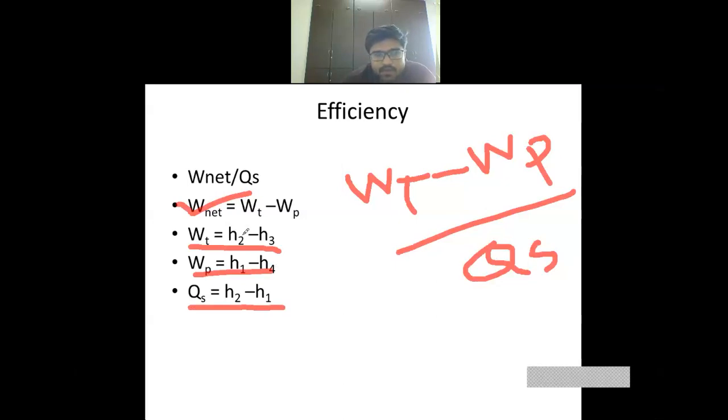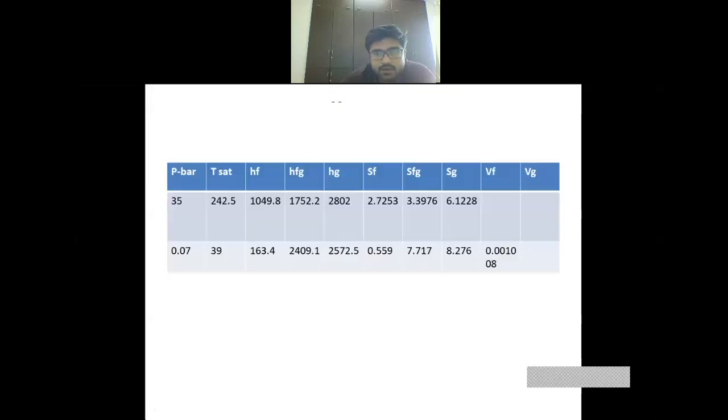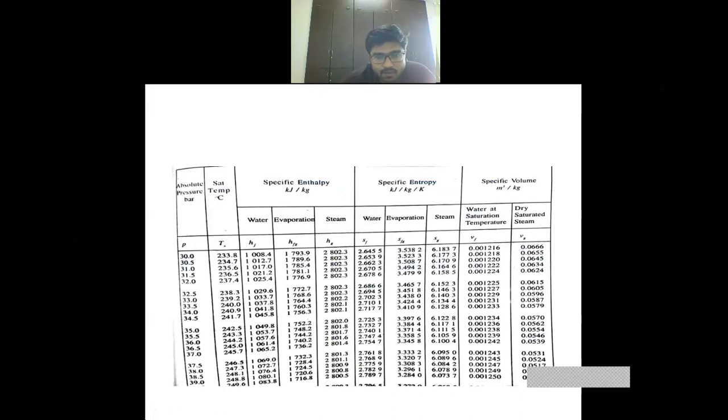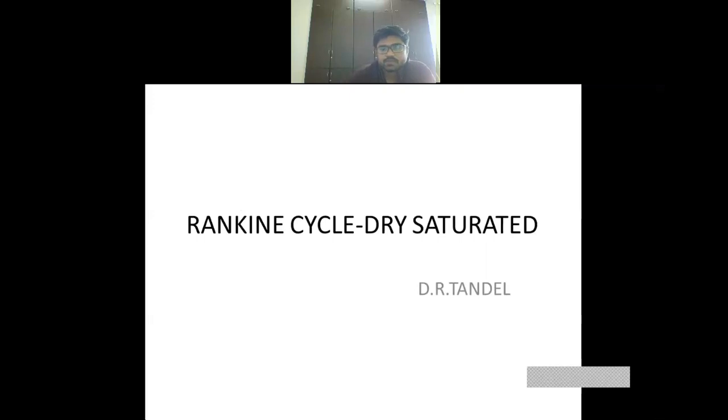But here you can see for all the data we require enthalpy. So we found out all the enthalpies, we can easily find out the data. And on the basis of that we can find out the efficiency. And this is also a direct formula for the efficiency. Just you have to put the value of enthalpy. So this is how you can calculate the efficiency. I hope that you have understood this chapter properly. Clear? So in case of any doubt, you can contact me.